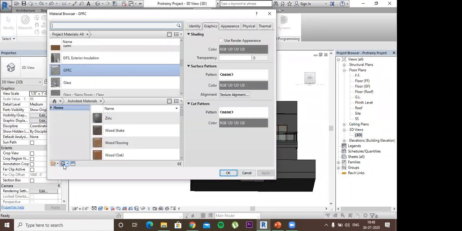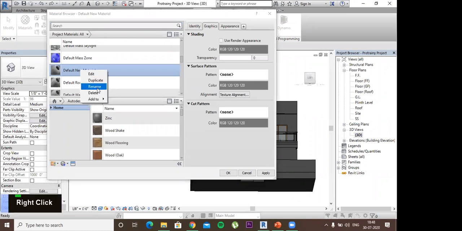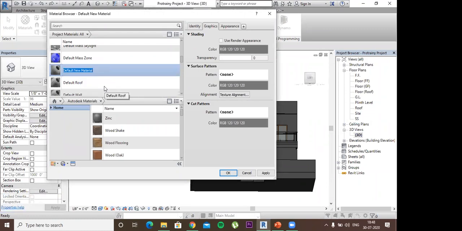Then there you will find this create and duplicate materials. Here you will get create new material. Okay. So your new material is already created, default new material. First of all, right click and rename it to the material you want to. For example, material 1. Okay.